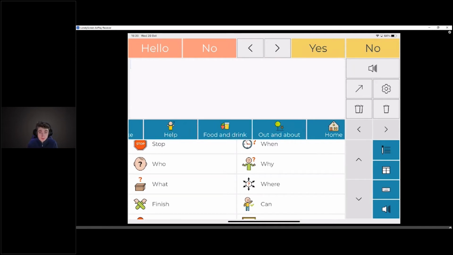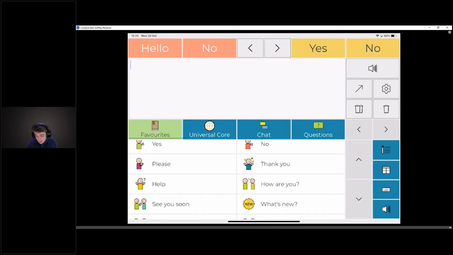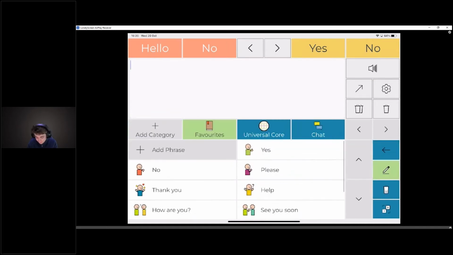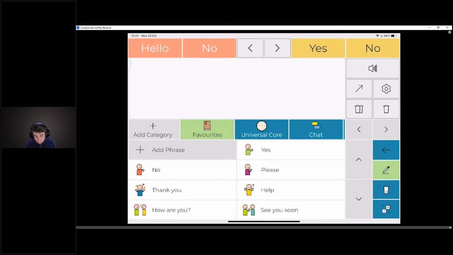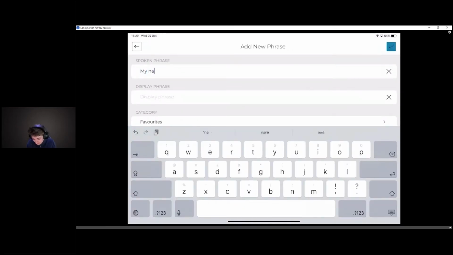You're probably going to want to customize it and add your own phrases. And the way you do that is with this edit button on the right, so the pen with the lines. So if I go into my favorites category and press that edit button, we're now in edit mode. So you can see that I've got two new buttons, add category and add phrase, just at the start of the categories and the phrases respectively. As you might expect, I can press on those to add a new one of them. So if I add a new phrase in my favorites called "My name is Brad,"